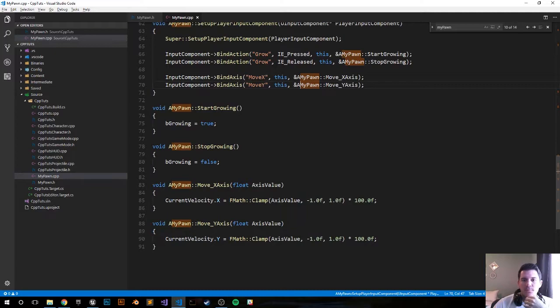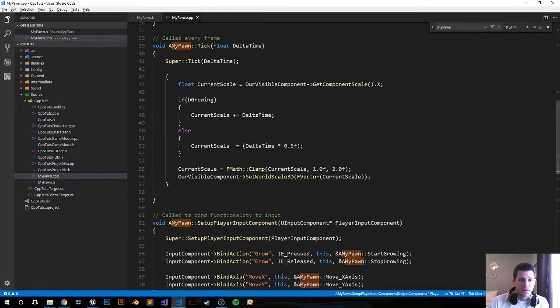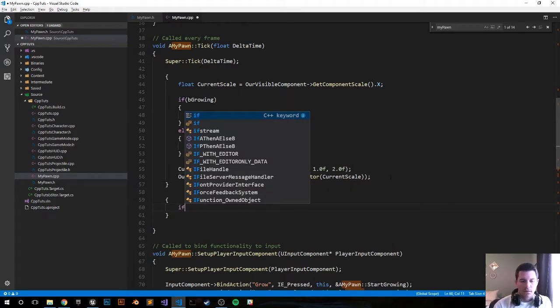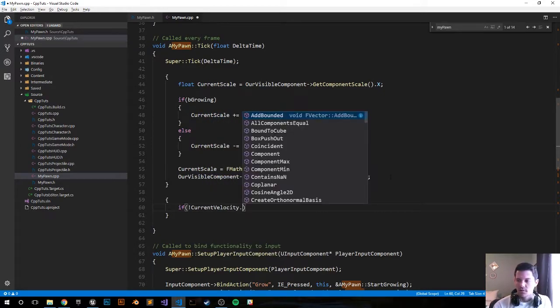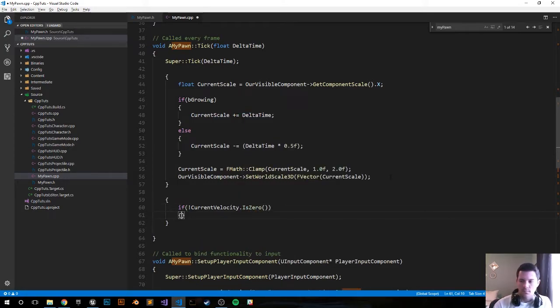Let's figure that out. Move X axis, Y axis. I don't think in tick, I think I have to add the current velocity somewhere. Yeah, I forgot a whole function in the tick function. All right, whole logic component. So go back down into your tick function, and let's go ahead and do it up. If current velocity dot is 0,